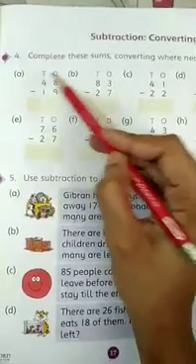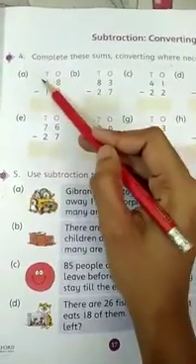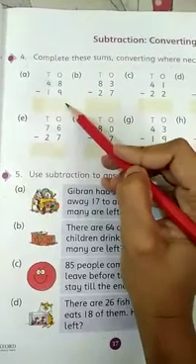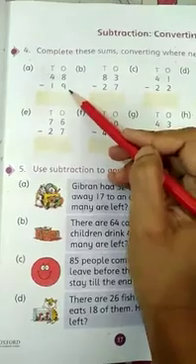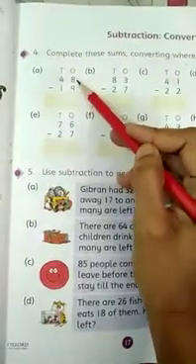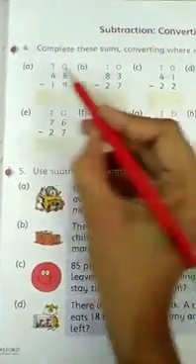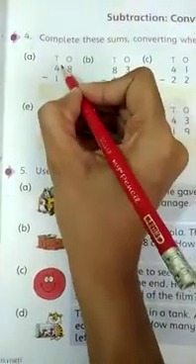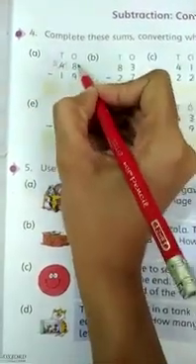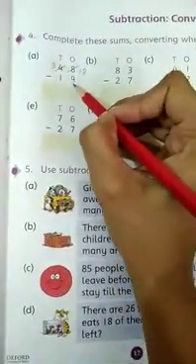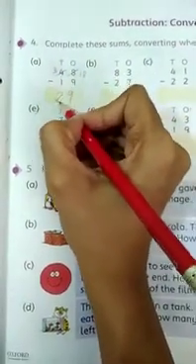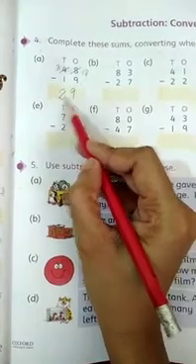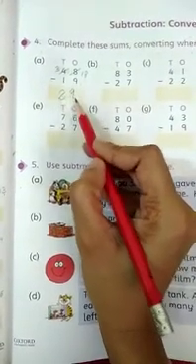So students, we have two sides, ones side and tens side. So let us subtract the ones side first. We cannot subtract 9 ones from 8 ones. So we can borrow 1 from 10's column. So when we borrow 1 from 10's column, 4 becomes 3 and 8 becomes 18. So students, 18 minus 9 is equal to 9 and 3 minus 1 is equal to 2. So students, now we have 2 tens and 9 ones is equal to 29.